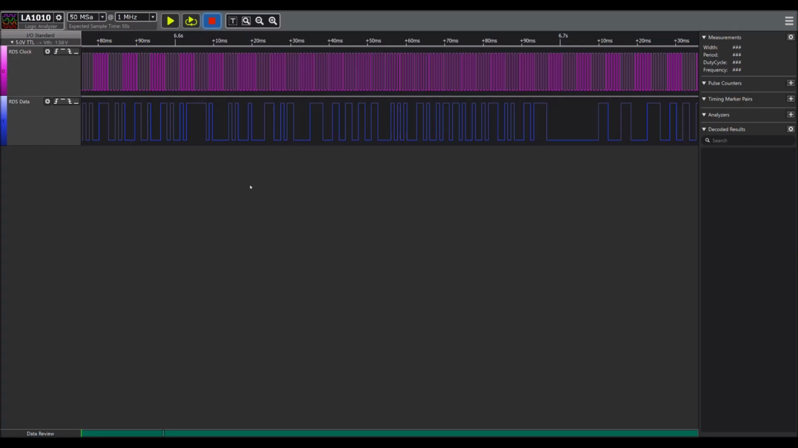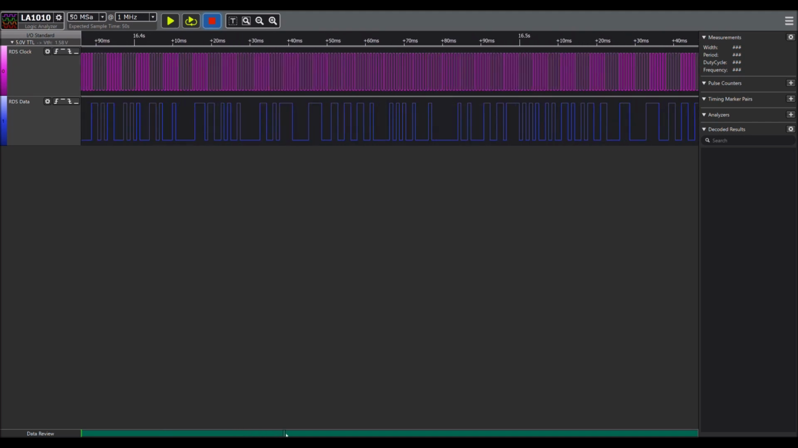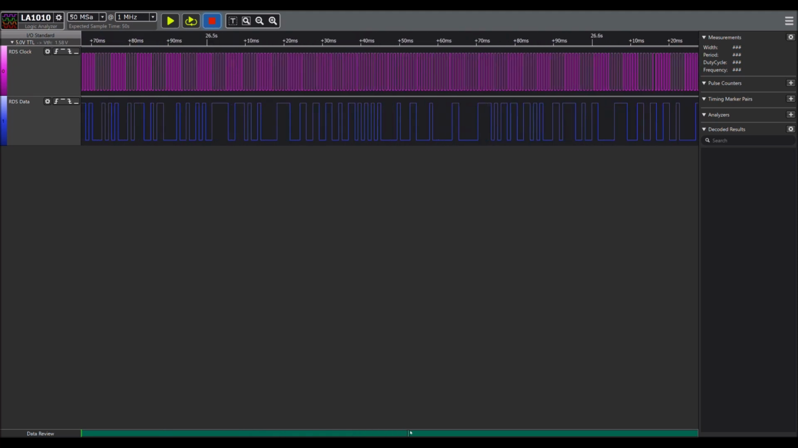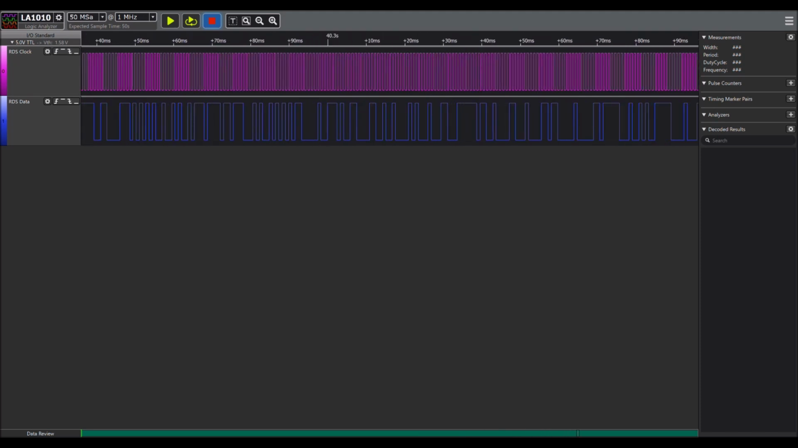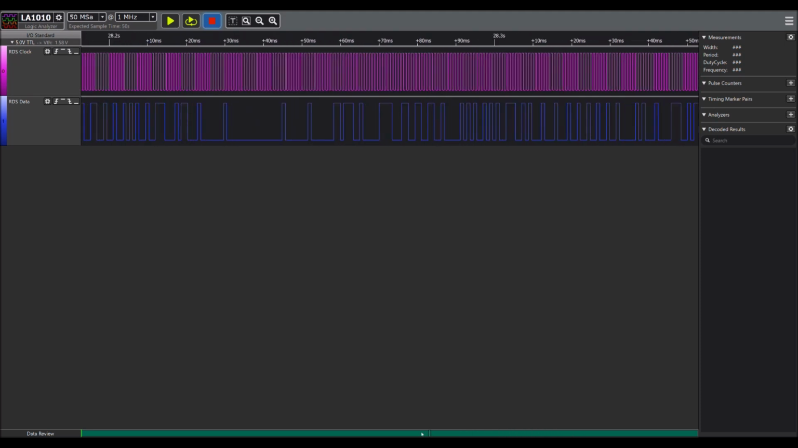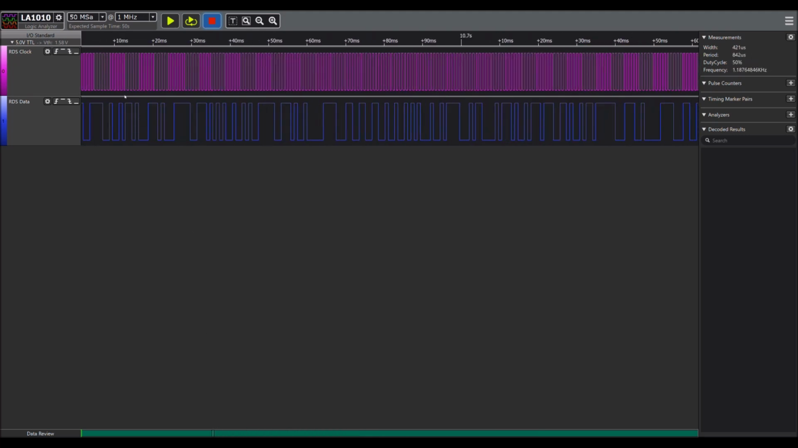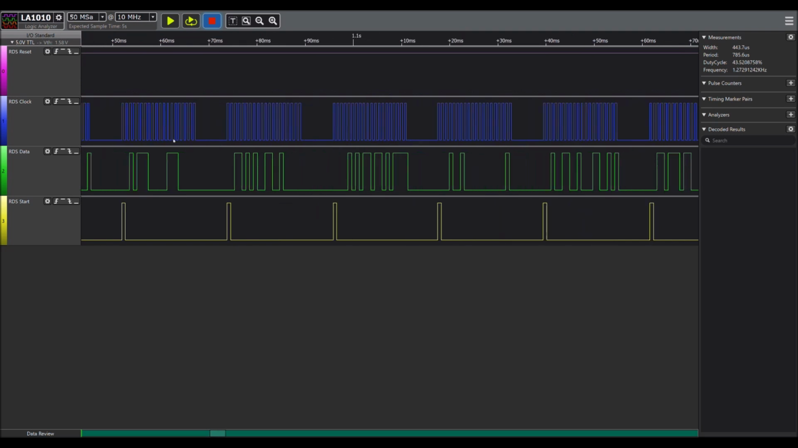So I captured the data that's going into the RDS board, but it's a huge amount of data with no clear beginning or ending or any logic whatsoever, so it's almost impossible to decode. So I captured the data coming out of the RDS board,